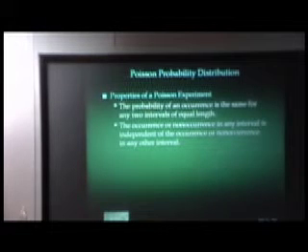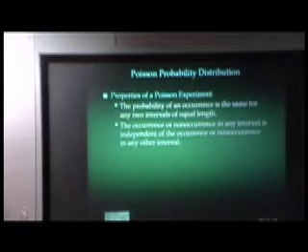The Poisson is easier in the sense that it's discrete. So to some extent it's more intuitive, but the exponential, which is the distribution of the time between occurrences, while continuous, is easier to work with. Mathematically, it's very straightforward to work with.